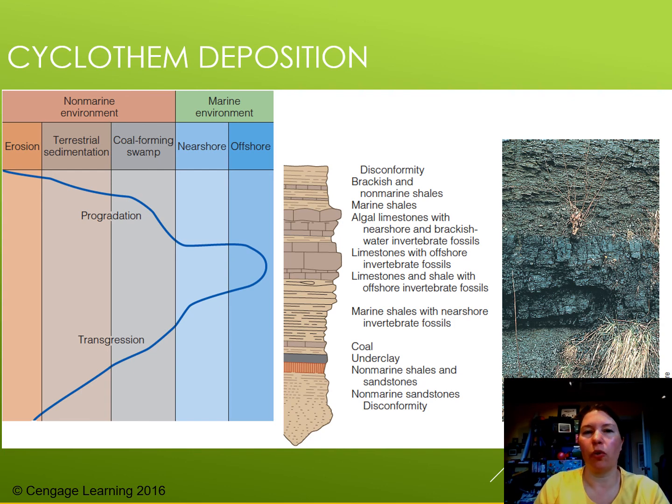As we're talking about coal, we are also talking about something called a cyclothem. This is going to be a cycle of repetition, mostly due to sea level. Cyclothems are common in Pennsylvanian age rocks and are very repetitive. We're alternating deposition of shallow marine sediments with non-marine sediments, and so we're seeing episodes of sea level rise, transgressions, and sea level fall, regressions.